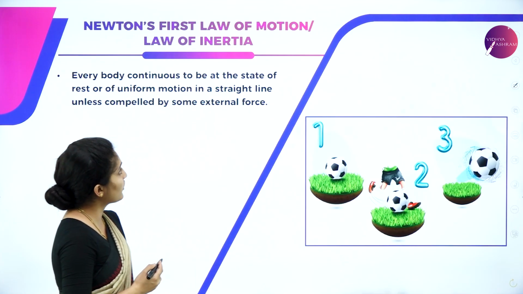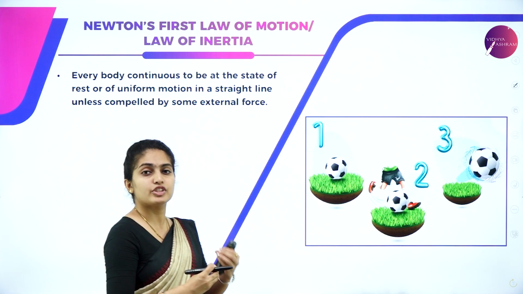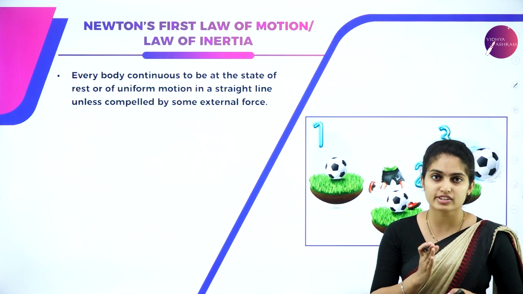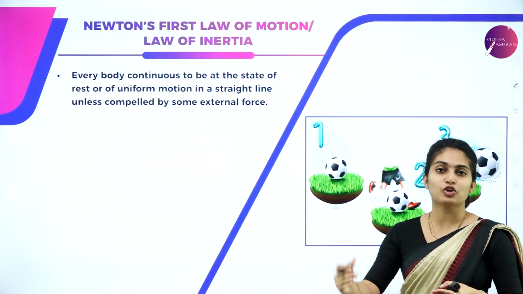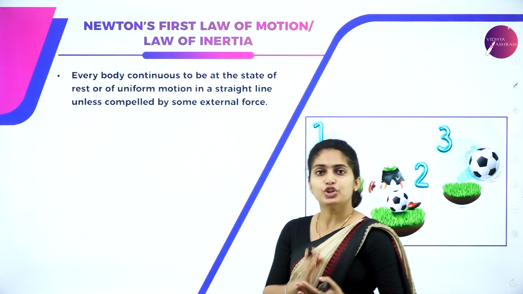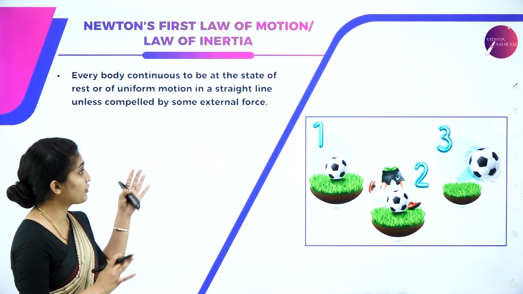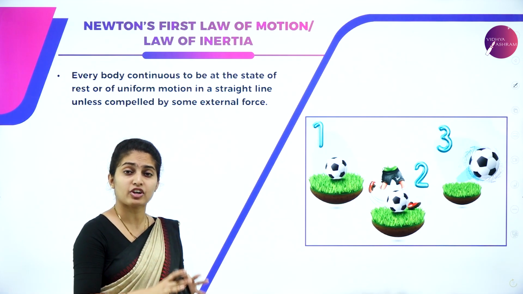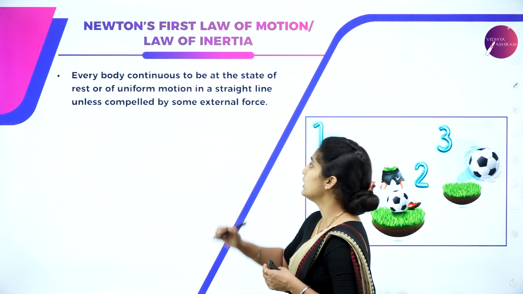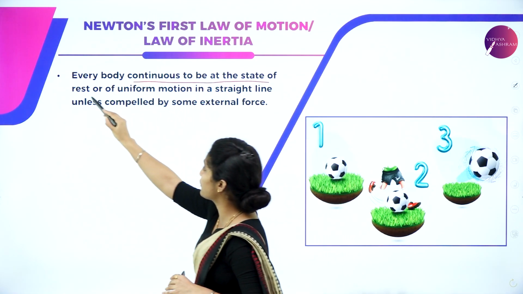So coming to the next concept, having this law of inertia into account, there was a concept which actually took birth, and that concept is nothing but Newton's first law of motion, which is the same as the law of inertia we had studied previously. So let us know what Newton's first law of motion tells. It is also known as the law of inertia because it contains the concept of inertia, whatever we had studied in the previous slide.